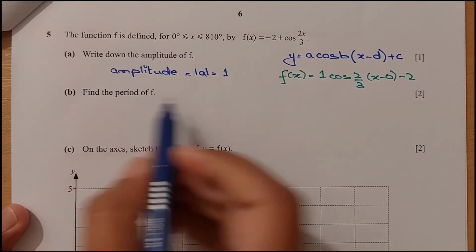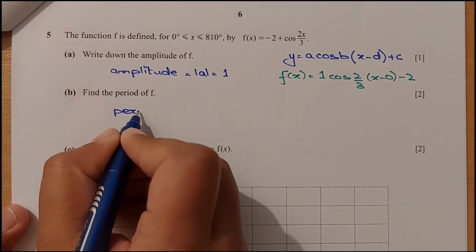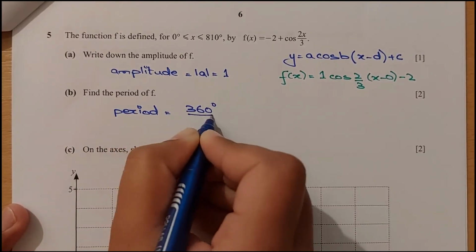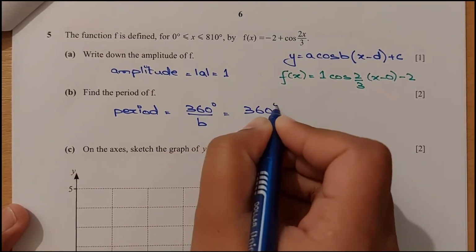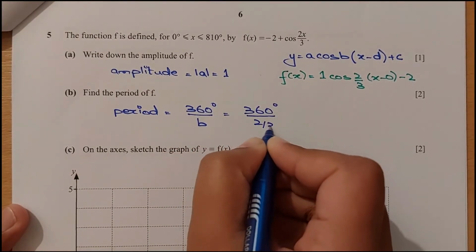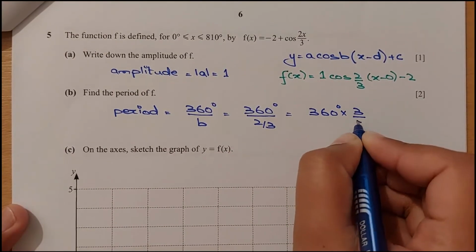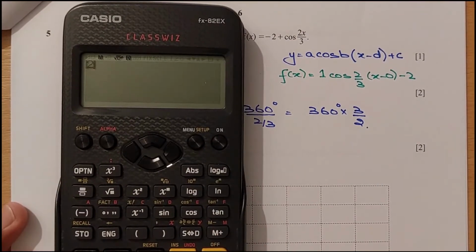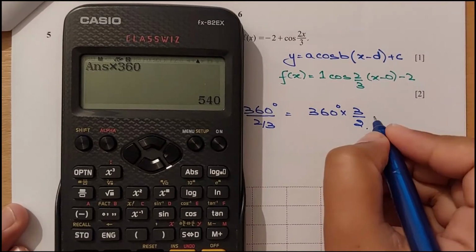As we know that the function is cosine, and the period for the cosine function is 360 degrees. So the period is 360 divided by the b value, which is 2/3. So we have 360 multiplied by 3/2, the reciprocal of 2/3. Let me simplify this: 3 divided by 2, multiplied by 360, is 540 degrees, the period for this